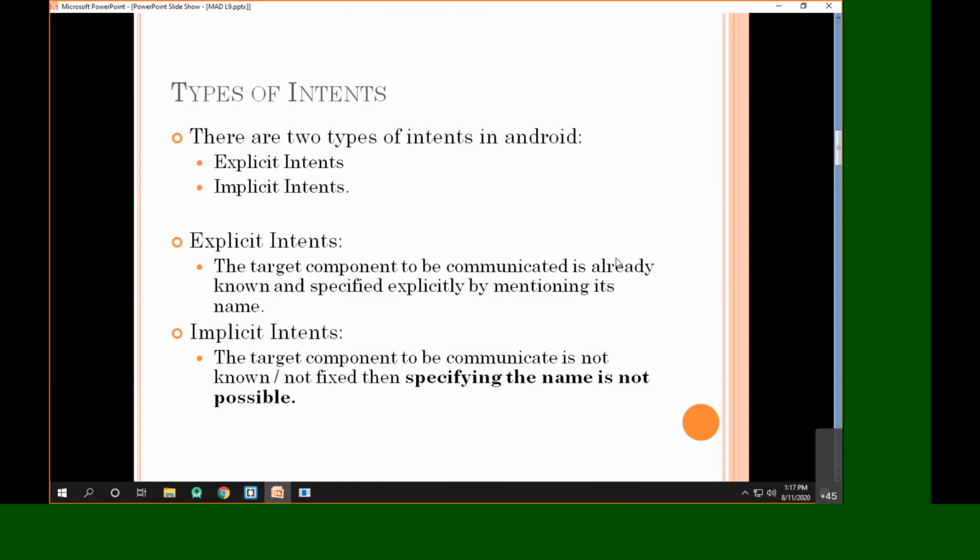For example, if you want to launch activity B from activity A, and we know exactly which activity B is, then we can specify the name of that activity B, and that is called an explicit intent. If you don't know the name of the activity to be launched, or to which the message is to be communicated, then such an intent is called an implicit intent.